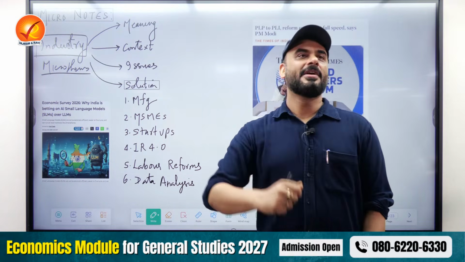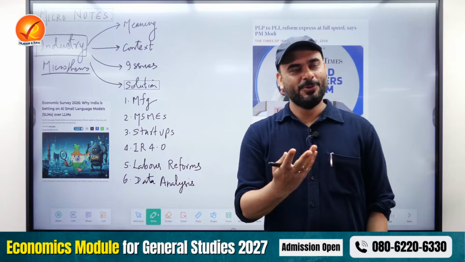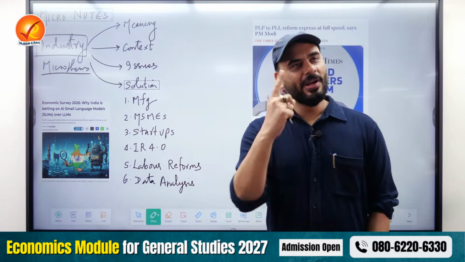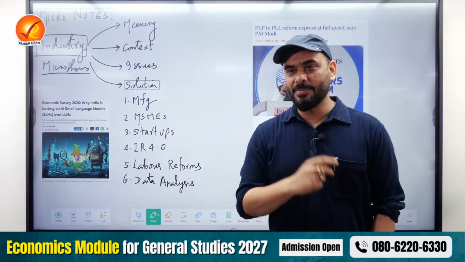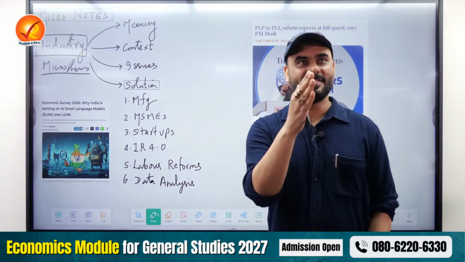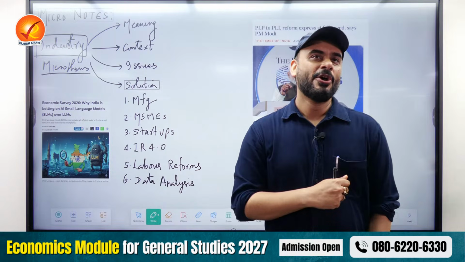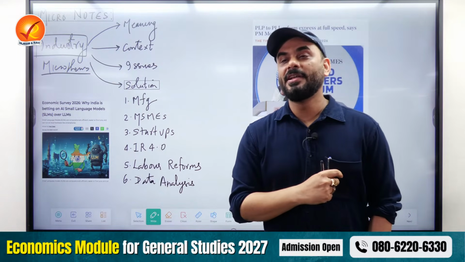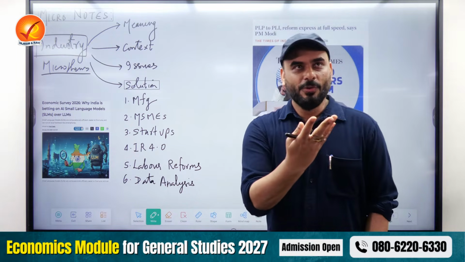So if anybody asks you what is industry and why is it important to know the definition, I'll tell you. If you read NCERT, you would have definitely studied something called agriculture, industry, and services. These are the 3 sectors of the economy: primary sector, secondary sector, tertiary sector. So for example, if somebody will ask you what is included in the industry, some examples. So we know the examples.